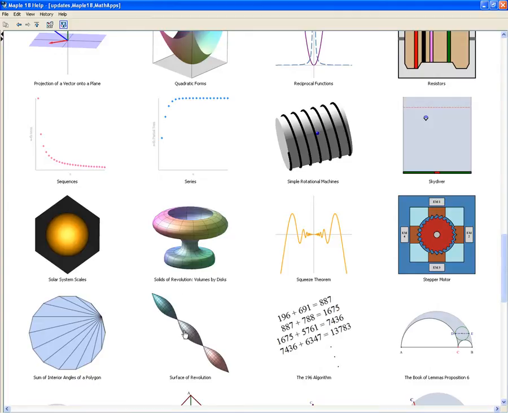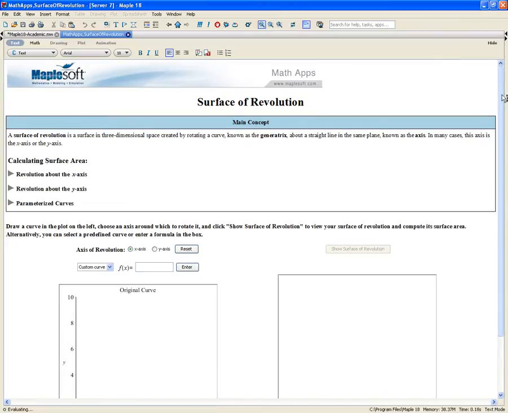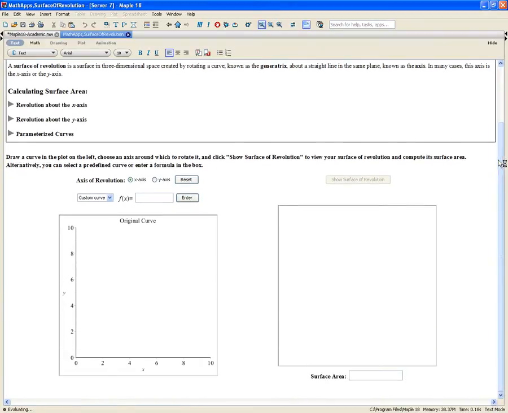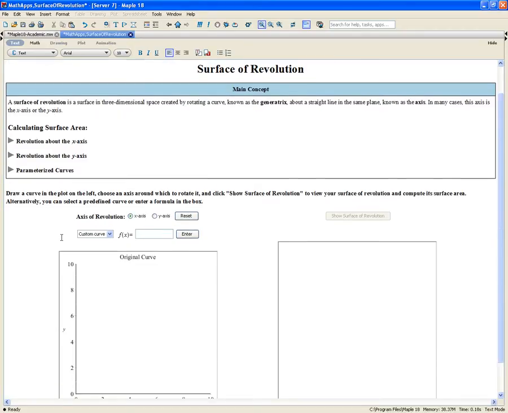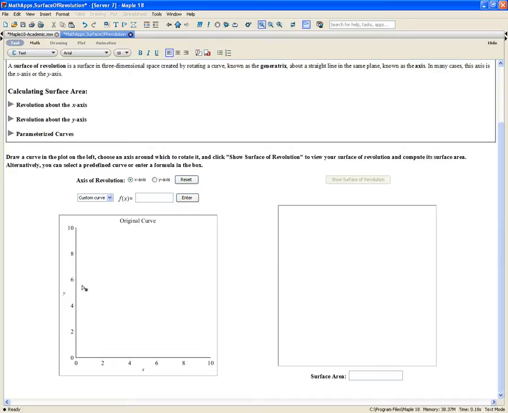All right, so let's run the Surface of Revolution math app. In this math app, a student is given the details on a surface of revolution, and as well they're given a 2D plot here. We can take and we can draw